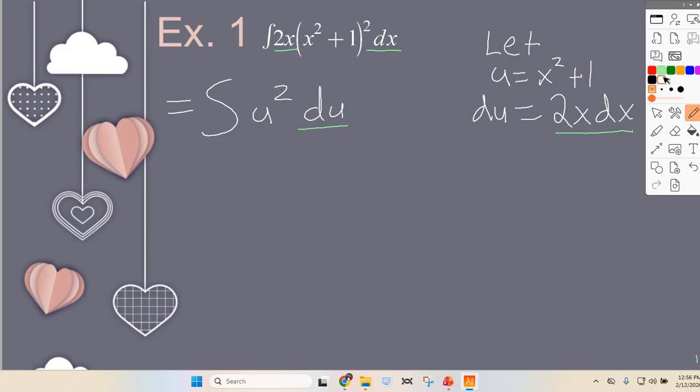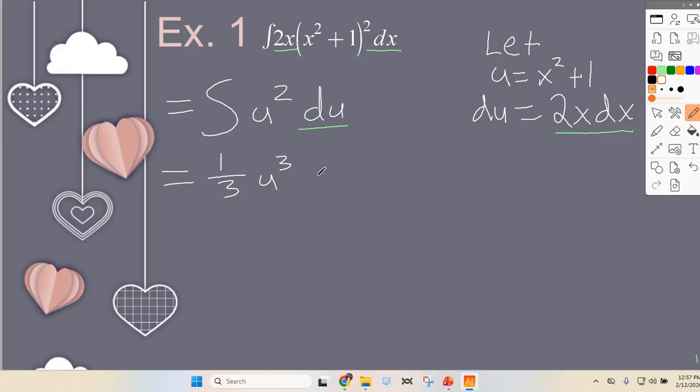Which is very helpful because if I look at the beginning, having x squared plus 1 squared, I don't have a way to take the antiderivative of that. But now I just have u squared. Do I have a way to take the antiderivative of that? Yeah, it's just a basic power rule. What is the antiderivative of u squared? U cubed over 3, or 1/3 u cubed